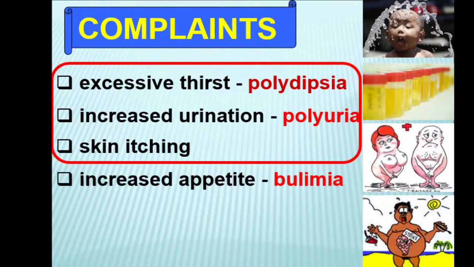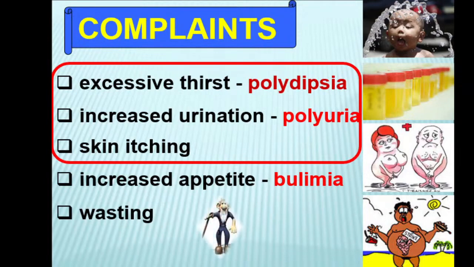Maybe other problems such as increased appetite, bulimia, but it's not correlated with the weight of the patient. On this, the patient also can pay attention: I eat a lot of food, but my weight progressively decreases. Why? Because of disordered fat metabolism.